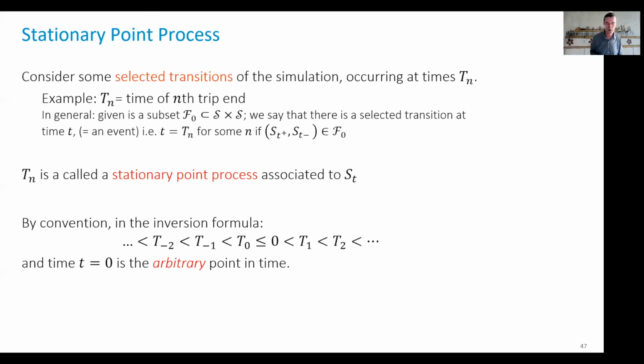Another example we have seen, for the random waypoint mobility model, is when the mobile reaches the end of its trip. Remember that in the random waypoint model, the mobile picks a destination, goes there, then when it has reached its destination, picks another one and goes there. So we can look at the instant at which a mobile reaches the end of a trip, at the destination it had chosen. As you can see, that can be very general.